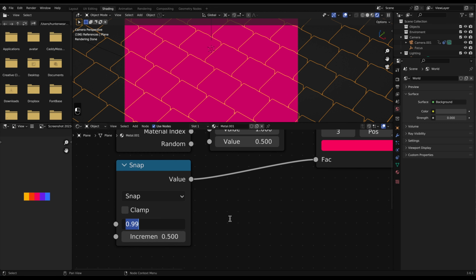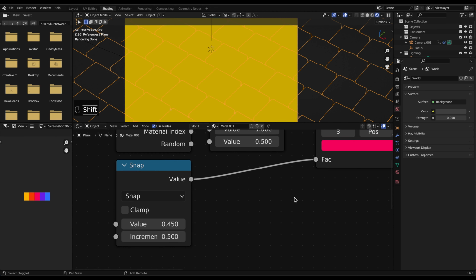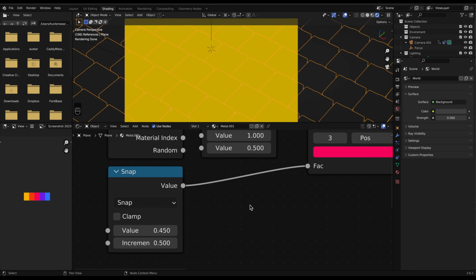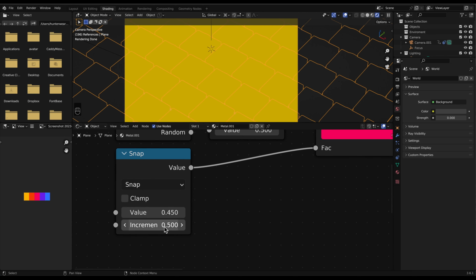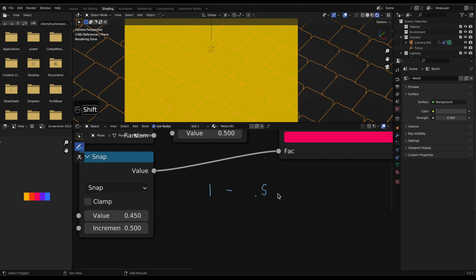And so if we do the same thing, we put in 0.45, it's going to snap it to the lowest increment of whatever this is. So if it's in increments of 0.5, we're going to have a value of 1, and then we'll have a value of 0.5, and then we'll have a value of 1.